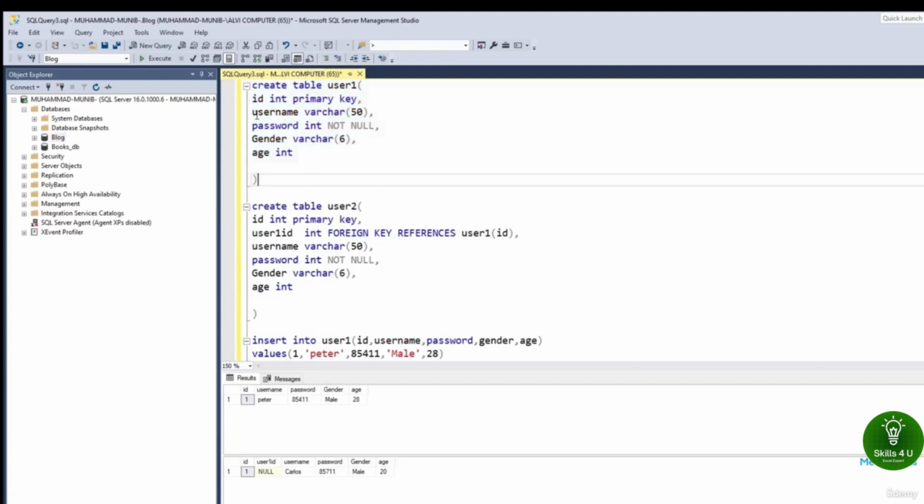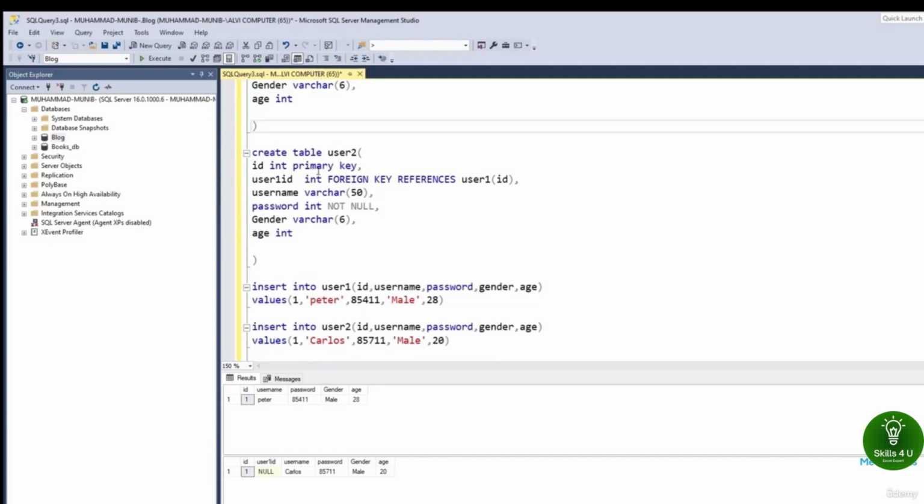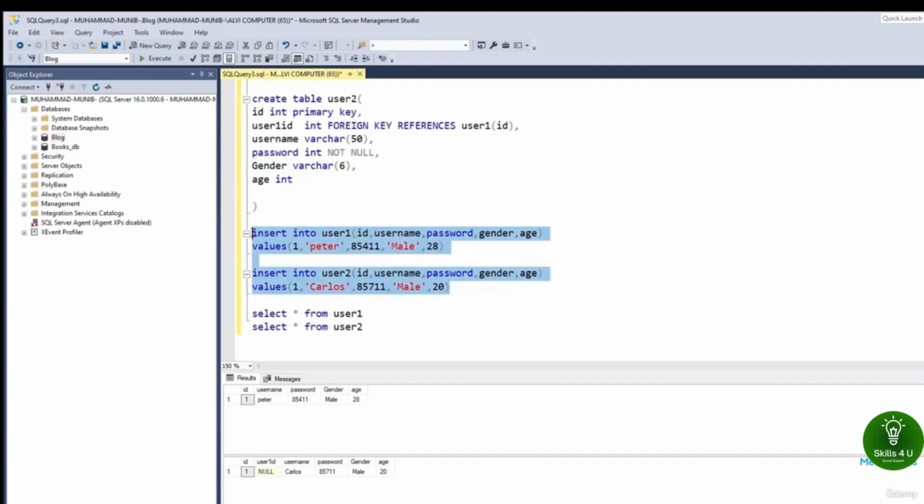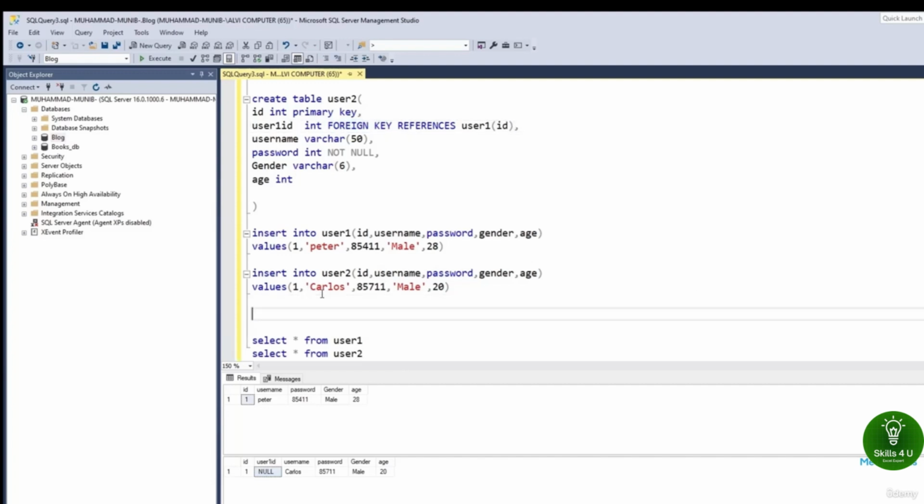I created a table and used some constants to add columns, and then I repeated the same process for table 2, except that now the new column of user1 ID is to recognize the foreign key. Then I had to insert the data one by one. But if you look closely, I didn't add the user ID column. It was inserted automatically in the second table. That's because we used it as foreign key on the basis of reference,